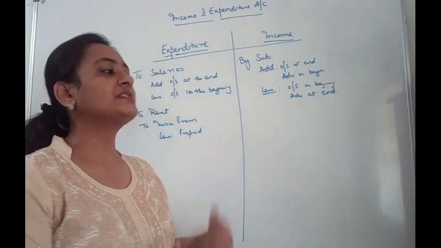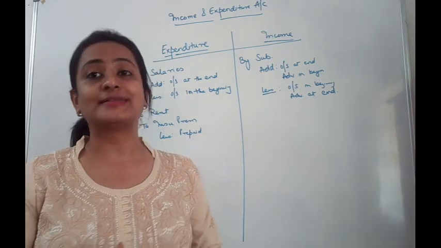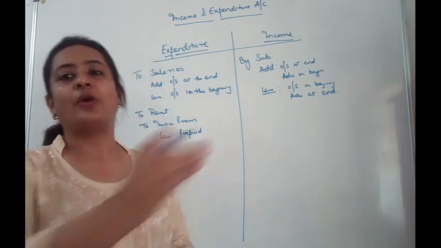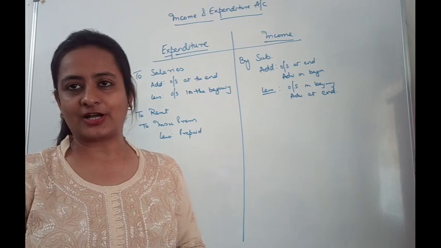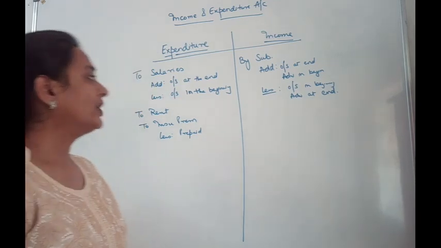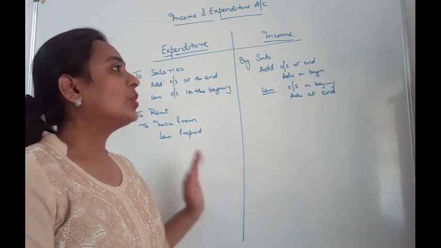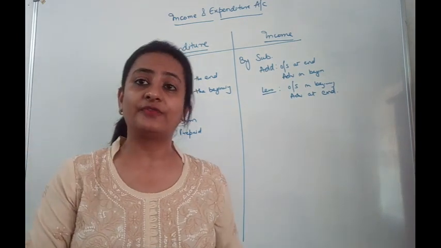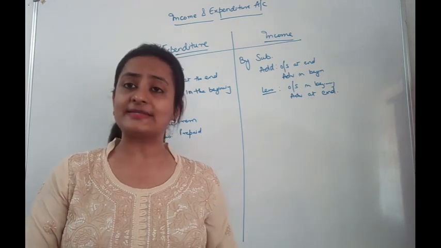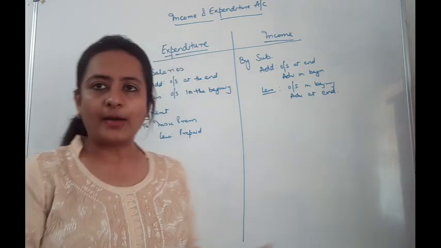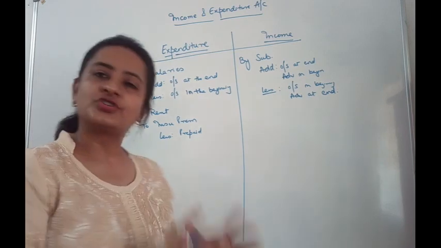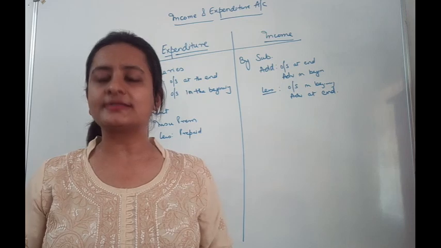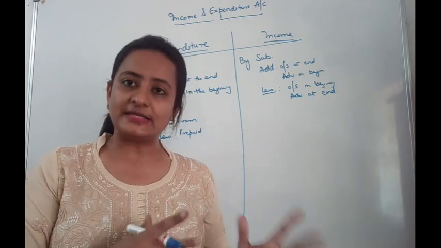So even if you have certain outstanding amount which you have not received or which you have not paid, those items also form a part of income and expenditure account. Another thing which is very important is that over here nothing of capital nature comes. In receipt and payment account, we had revenue plus capital nature of transactions coming. However, in this income and expenditure account, we show only revenue nature. There is no opening balance, there is no closing balance. All those things were a part of receipt and payment account.